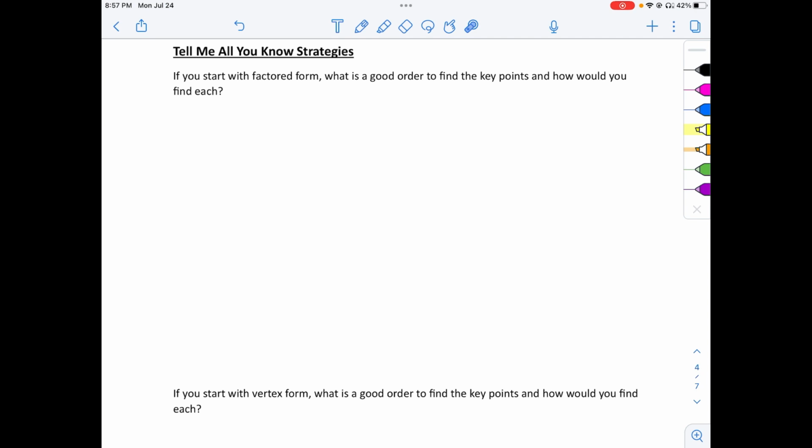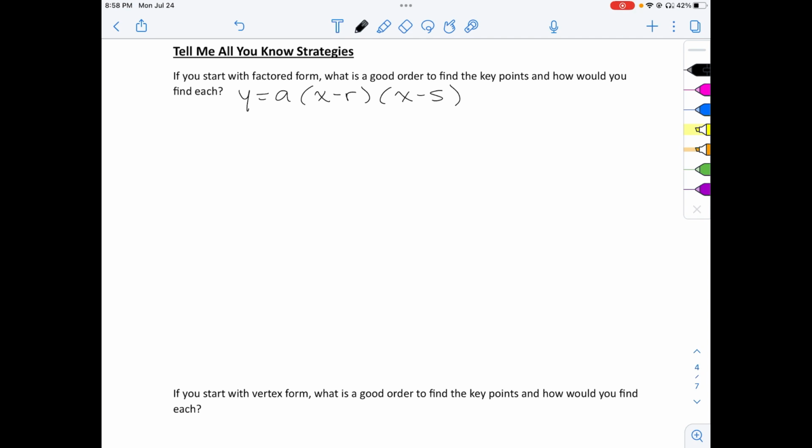Okay, so obviously you can tell the vertical stretch factor and the direction of opening from all three forms of the equation. And things like the axis of symmetry and your max or min value, you can tell from the vertex numbers as well. So we're just going to talk about how to find x-intercepts, y-intercepts, and vertex from all three forms of the equation. Okay, so if we start with factored form, which is y equals a, x minus r, x minus s,